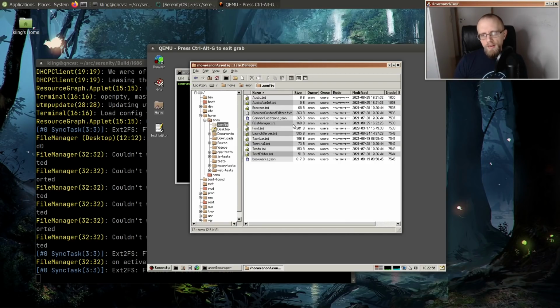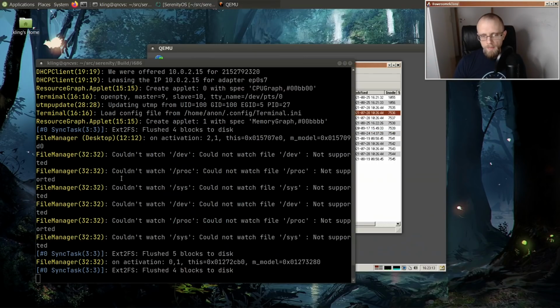worked so far. And the way that you access these is that every application uses the config file class from libcore, which just opens the file, parses it, and gives you an interface to fetch and store values. At least that's for INI files. And then for JSON and text files, you have to do your own custom thing. But